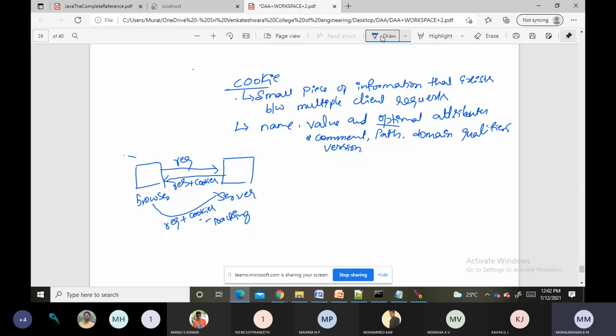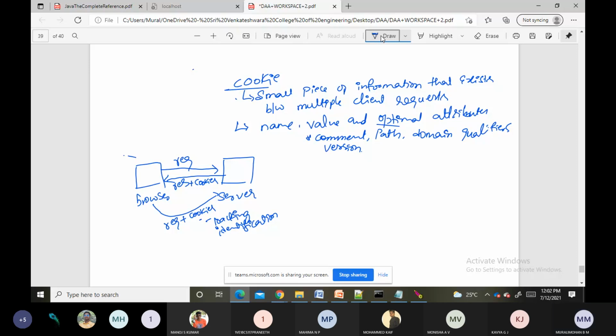Next, for identification: the first time, let us take that the user enters a username and password in the browser and sends a request to the server. The server will record some amount of information, and it will be appended to the response sent back to the browser. Next time when the browser makes a request to the same server, the server need not worry about identifying where the request is coming from, because the cookie already contains such information.